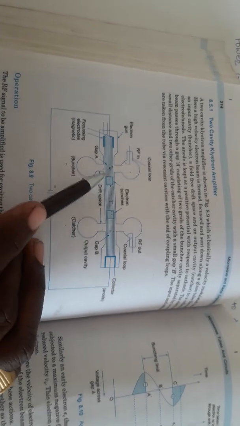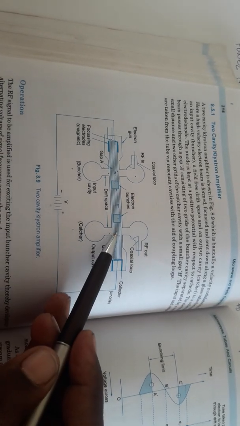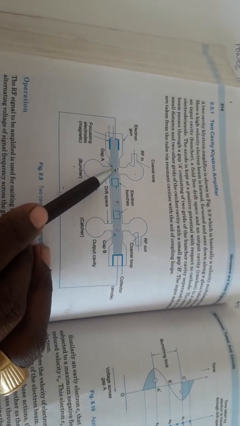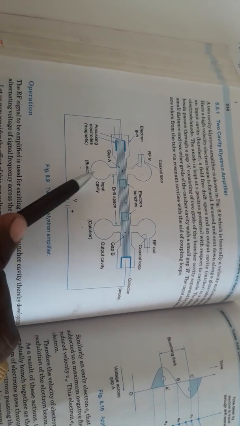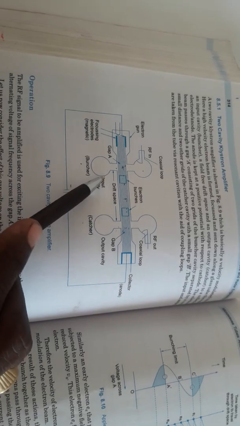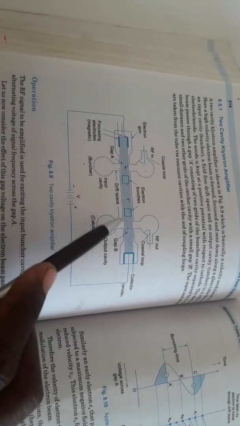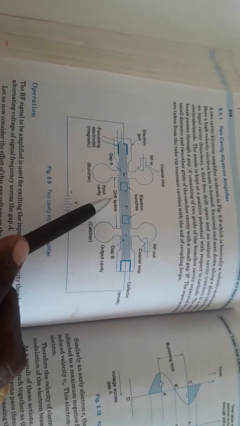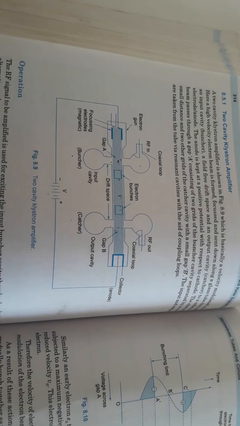Now here you are observing there is a gap A, right? Similarly for the catcher cavity, here we are observing a gap B. So here it is gap A, here it is gap B. Now the space between the buncher cavity and the catcher cavity is very small, and the actual bunching of the electrons takes place within this space. So this space is technically labeled as the drift space. So within the drift space, the actual bunching of the electrons takes place, right?